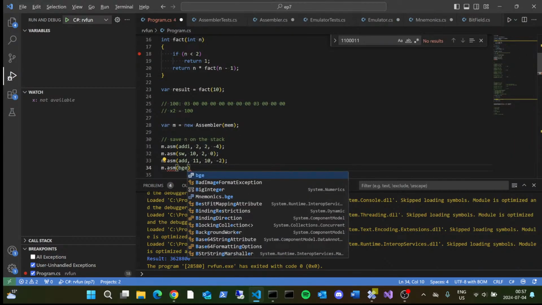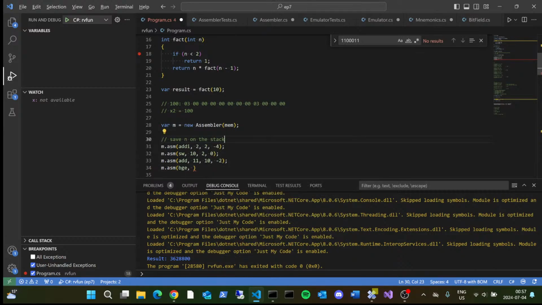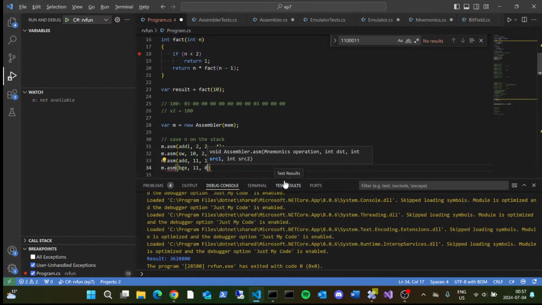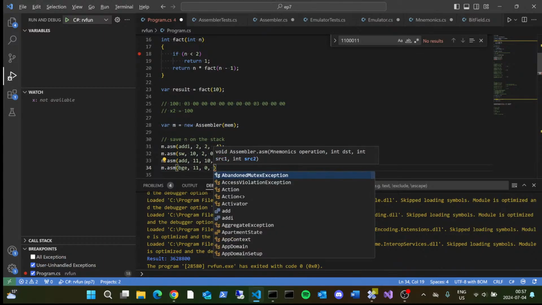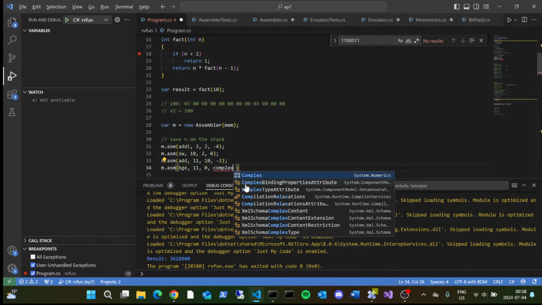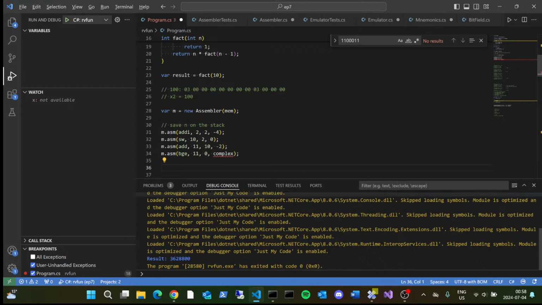So if after adding -2, the contents of register 11 is greater than or equal to the contents of register 0, which as you recall is always 0, then we want to go to the complex case, this case where we multiply with the factorial of n minus 1. Let's just go to a place called complex for now. We haven't defined what that is yet, but first we're going to handle the base case in our recursion,